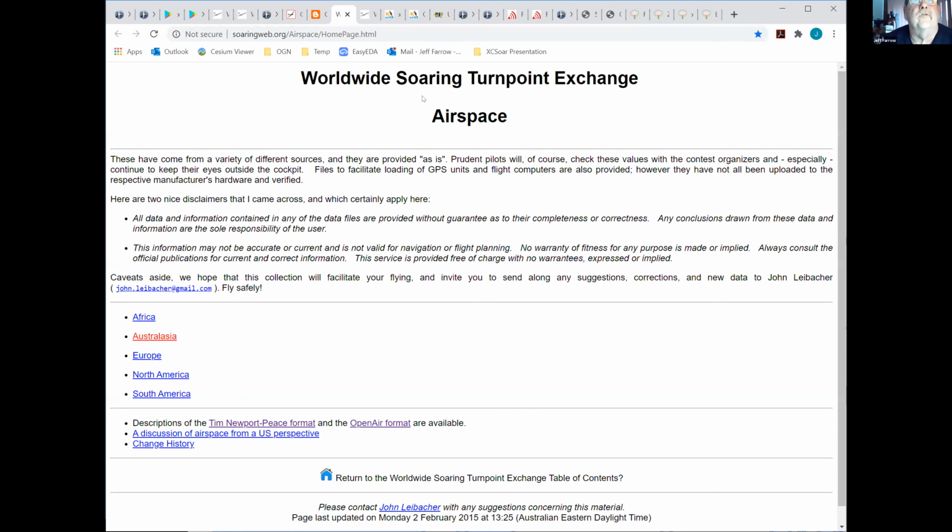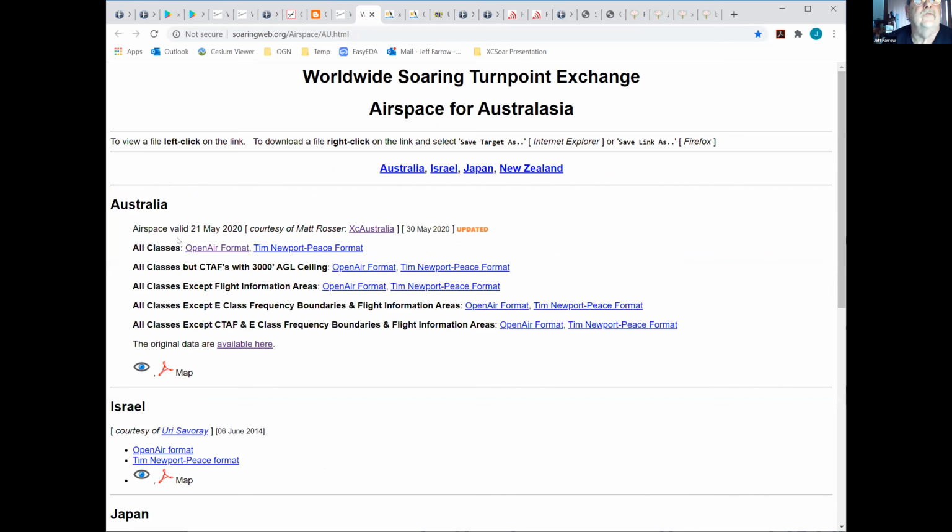This is the Turn Point Exchange, and if you go to the airspace here, for Australia, it has various combinations of airspace in both the formats.